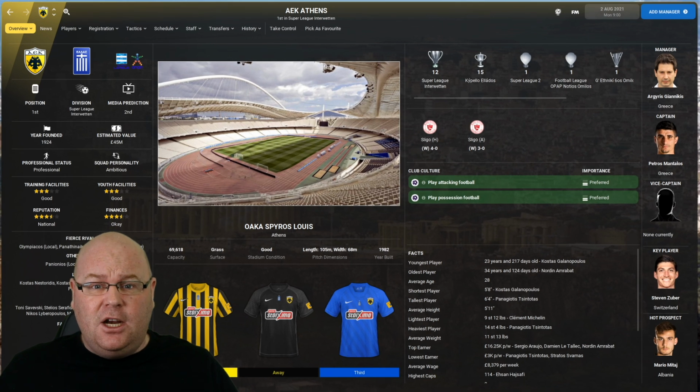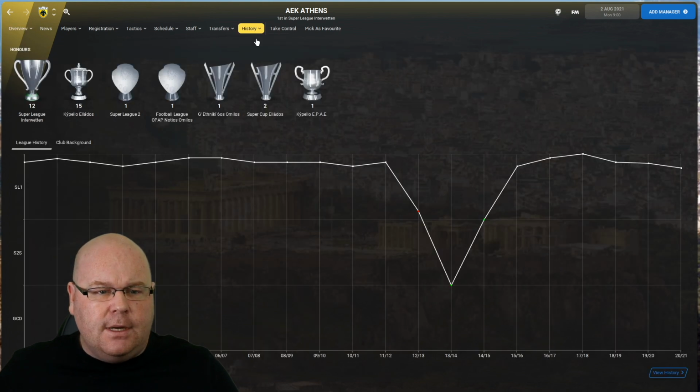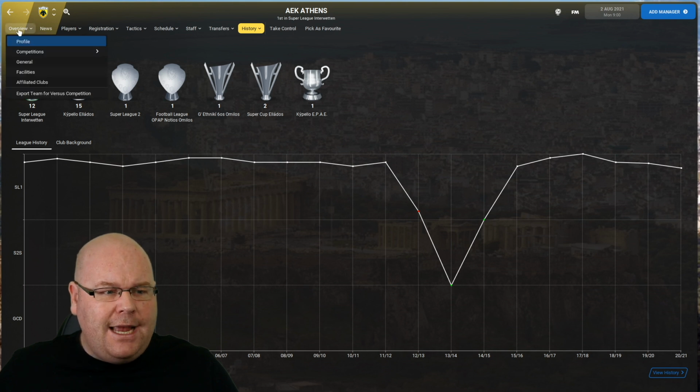Another highly decorated club from the capital are AEK Athens, who are temporarily playing at a 69,000 capacity arena, but will shortly move back into their own 31,500 capacity stadium. They've got good training facilities, good youth facilities, adequate academy coaching, and average youth recruitment. And in terms of their trophy haul, they've got 15 Greek Cup wins, their last triumph in that competition coming in 2016, and in 2018, they were winning their first Greek Super League for a while, their 12th in total,